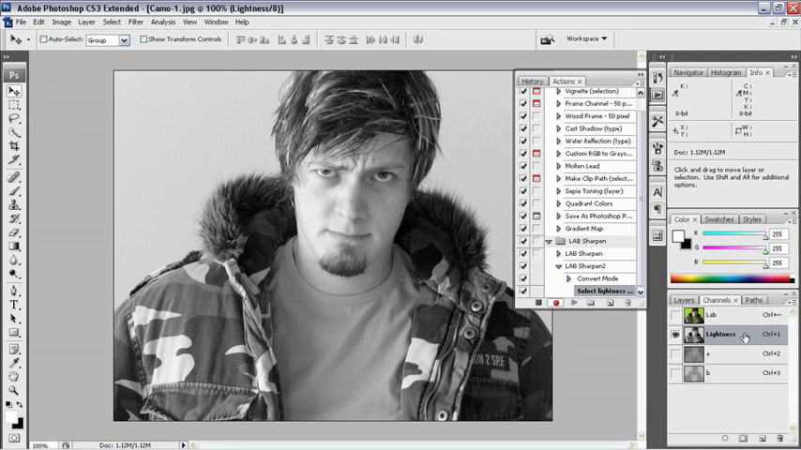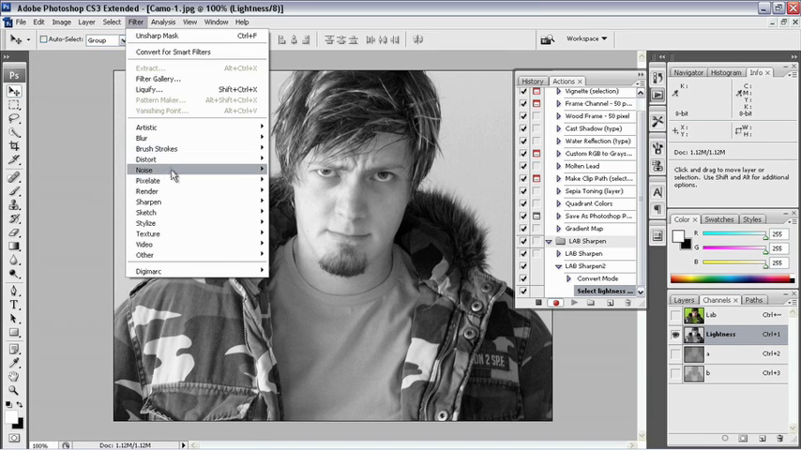So with that lightness channel selected now, we're going to come up under the Filter menu. We're going to choose Sharpen. And in most cases, you would go ahead and choose Smart Sharpen. But since I'm not going to go through and show you how to tweak all the Smart Sharpen settings and so forth, we're going to just go ahead and choose Unsharp Mask for this, just as a global adjustment for